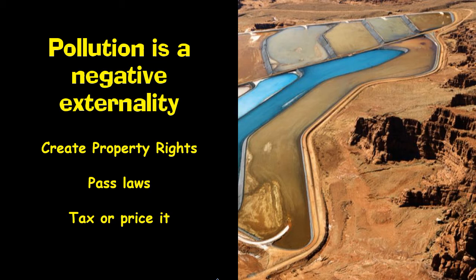All right? This is a negative externality. They are not paying the true cost of mining that gold. The true cost of mining that gold includes cleaning up all of this stuff so that other people don't have to clean it up or drink it. Okay? But that's not what happens. So how do you make this right? How do you fix this? Well, there's three general ways that we go about fixing this.